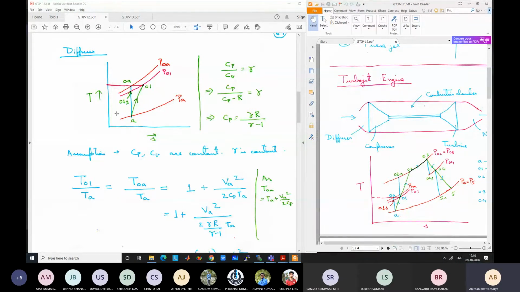So what is the purpose of the diffuser? To increase the pressure. Let us assume that at the outlet of the diffuser, the velocity is almost negligible, which is obviously not true, but the velocity is very small. So what will be the static pressure in ideal condition at the outlet of the diffuser? This is the exit of the diffuser, like the entry of the compressor. Here the stagnation pressure in the ideal condition is P0A. What will be the static pressure in the ideal condition?